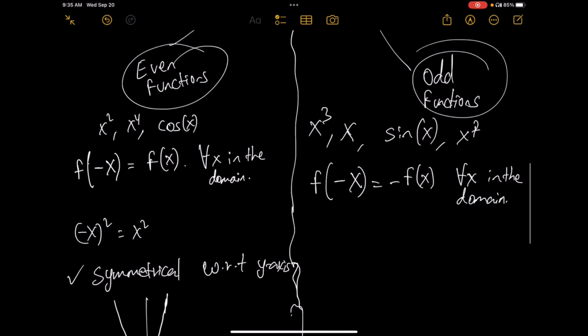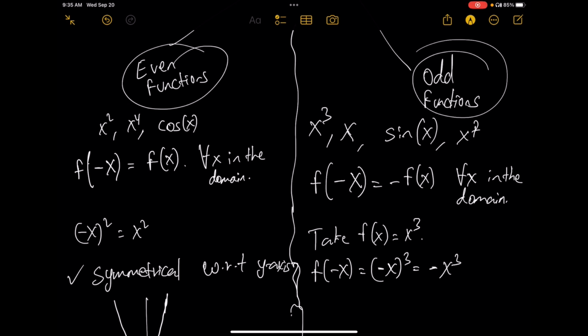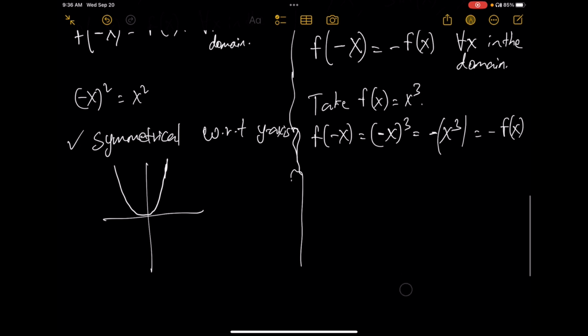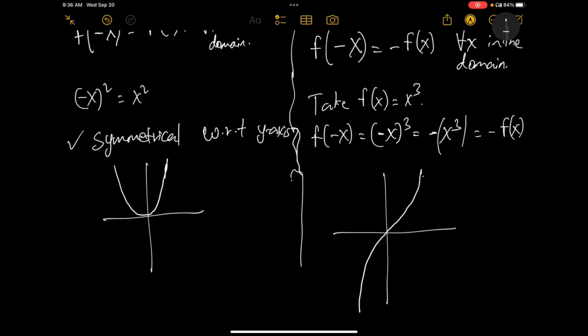አሁን ለምሳሌ take f of x to be equals to x to the power of 3, then f of negative x, what would it be? It would be negative x to the power of 3, okay, which would be negative f of x ማለት ነው። ከዛ this function x cubed is an odd function. Odd functionዎችን ካየናቸው they're symmetrical with respect to the origin, okay. አሁን ለምሳሌ x cubed ብንስለው function ነው፣ እንደዚህ አይነት function ነው። This is x cubed. Therefore odd functions they are symmetrical with respect to the origin።